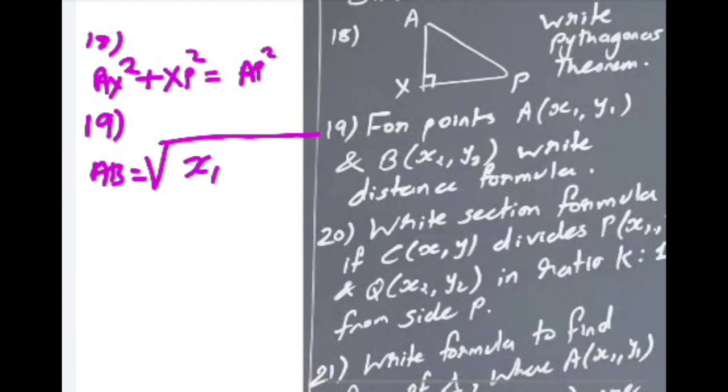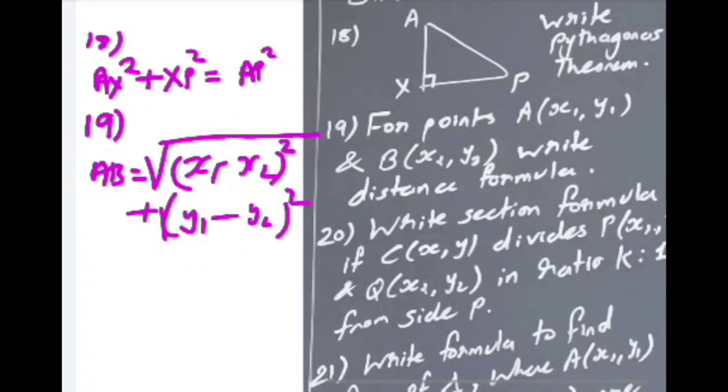x2 minus x1 or x1 minus x2, write anything, square plus bracket y1 minus y2 square. This is an entire term. Okay, complete whole square, you have to write this term in the root. Then 20th,